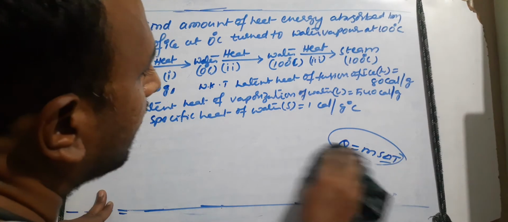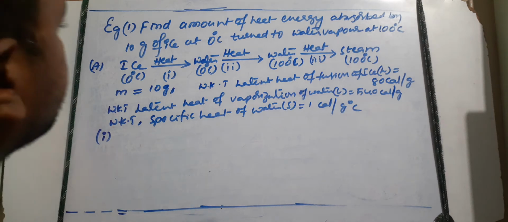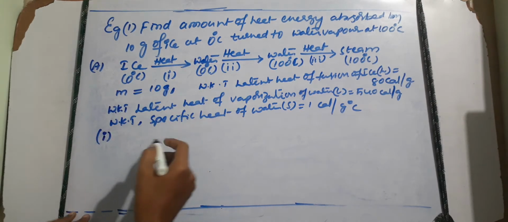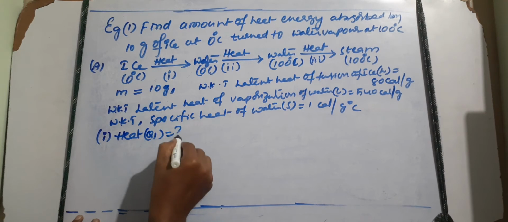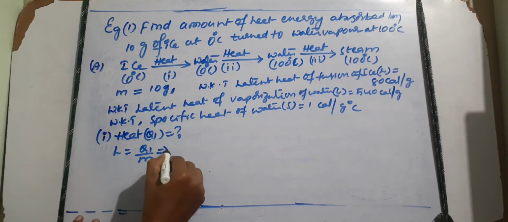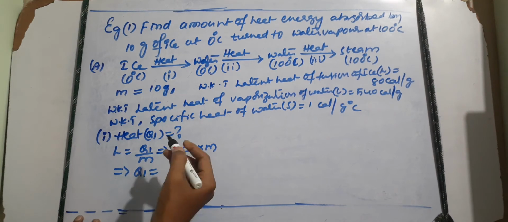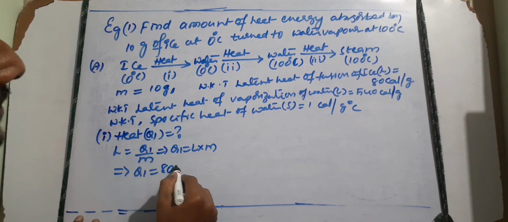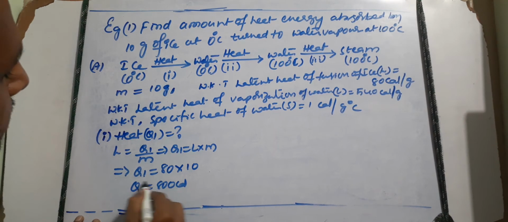So in stage 1, ice is at 0 degrees Celsius and water is at 0 degrees Celsius. So there is no change in temperature, and in this case we take the latent heat of fusion of ice because solid ice is changed into water. So the amount of heat absorbed is taken as Q1. We know that L = Q by m, but Q is taken as Q1. So this implies Q1 = L into m, students. So Q1 = L value, concerning ice, 80, and mass is 10 grams. So Q1 = 800 calories.